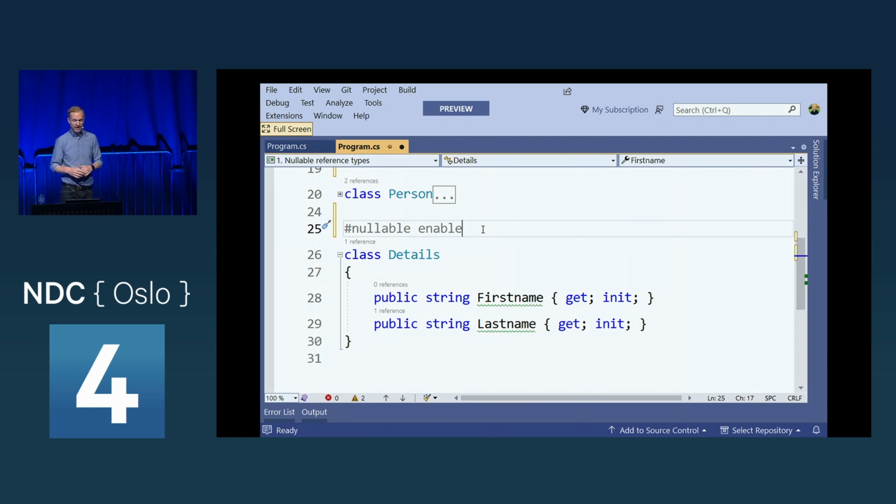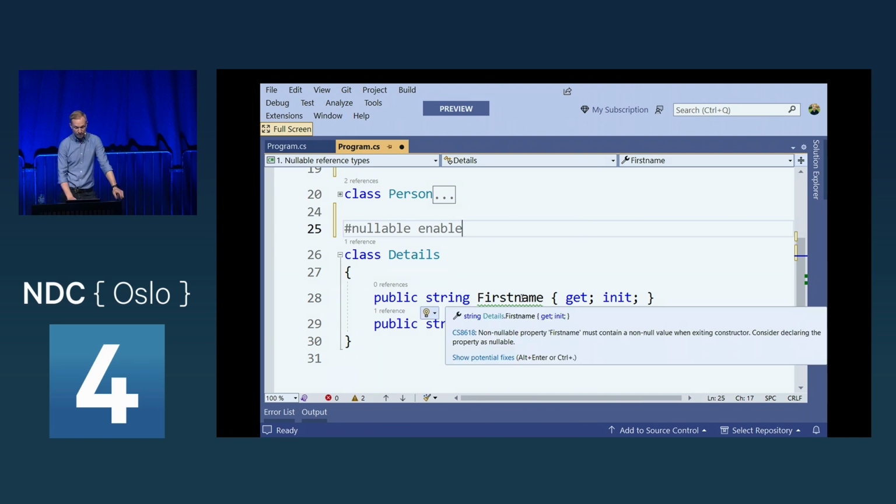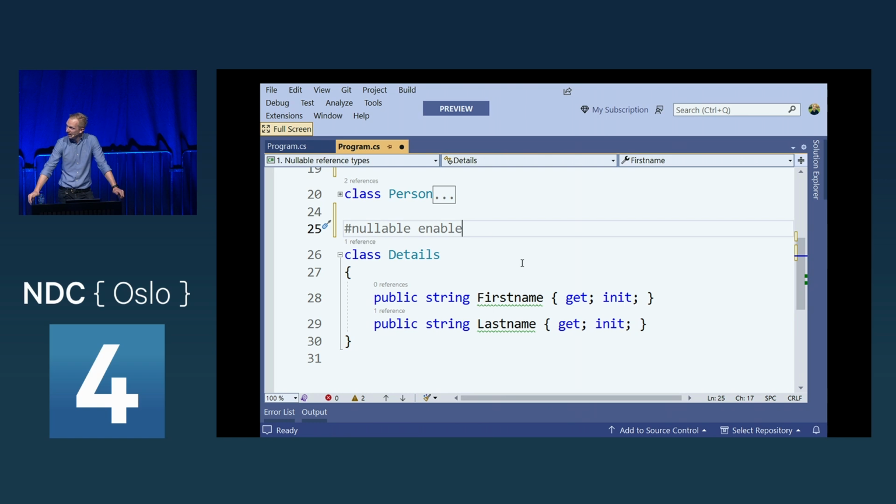and now all of a sudden it's going to give me a little bit of a squiggly here telling me that you have a warning here. We all know that as soon as we get a warning in our compiled application, we go and fix that. Everyone that's laughing, you don't do it. I know. I'm the same. I just ignore all the warnings. There's a fix for that as well.